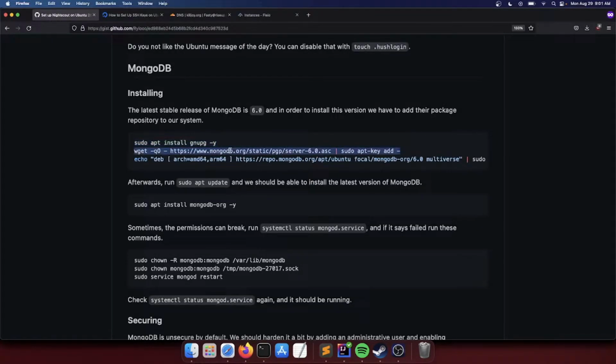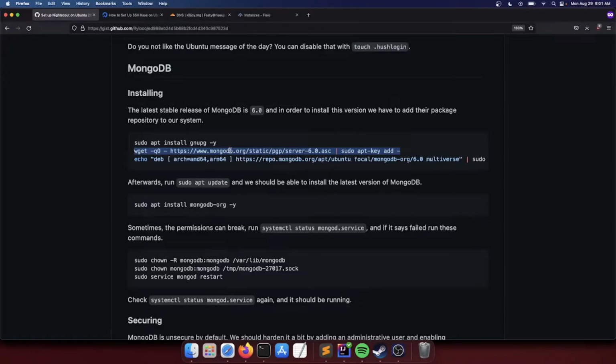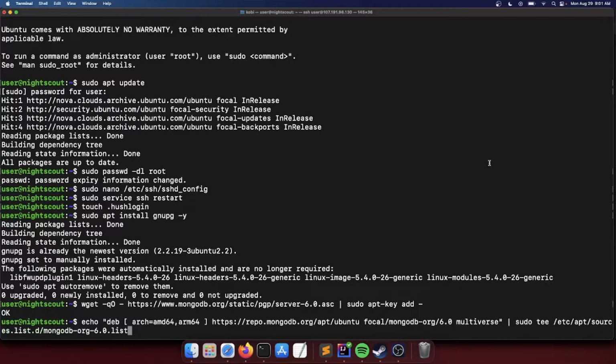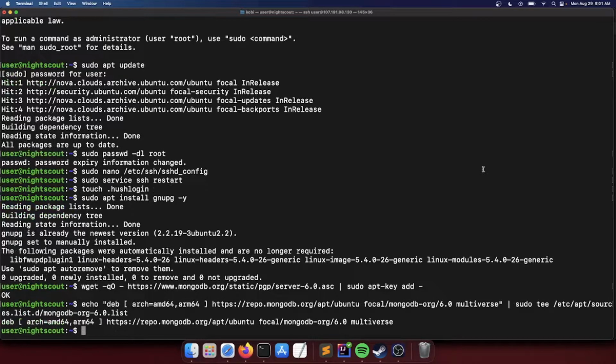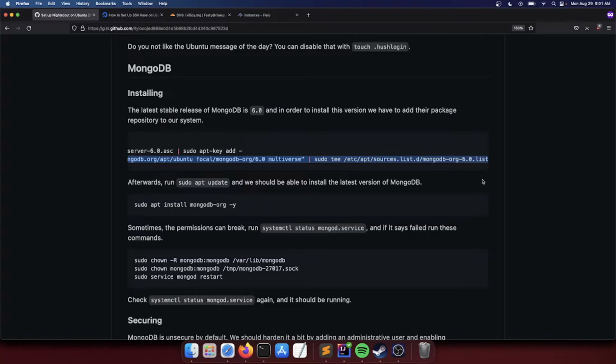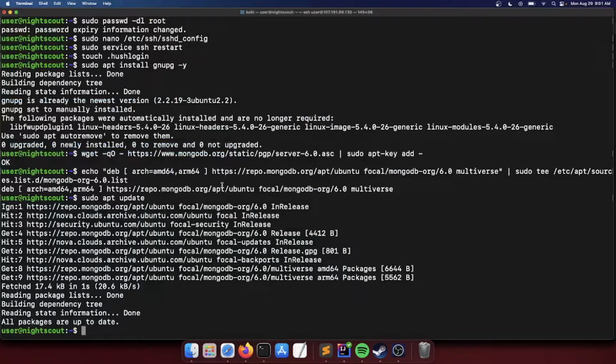Then we can copy this one to add the key to our system, and then we copy this one. This one is a bit longer, so make sure you get all of it. Once you do that, you can run sudo apt update, and once you update it, we can go ahead and install MongoDB.